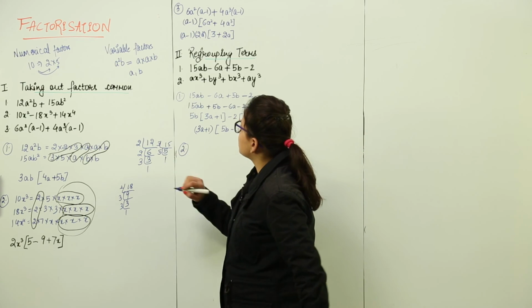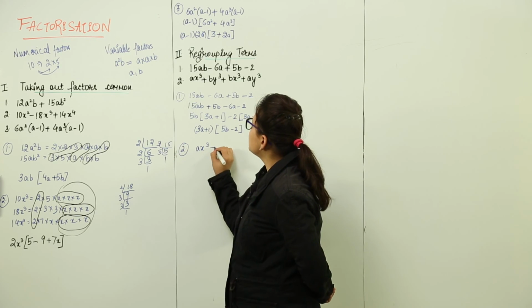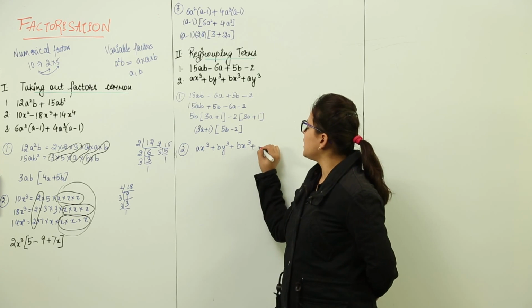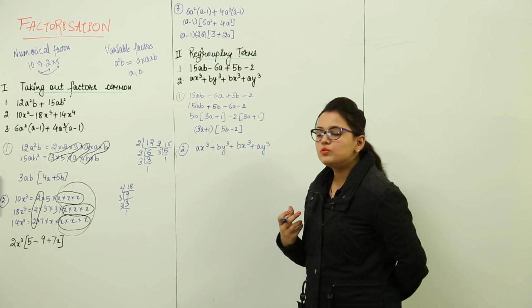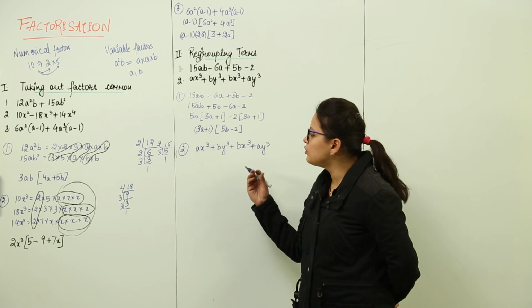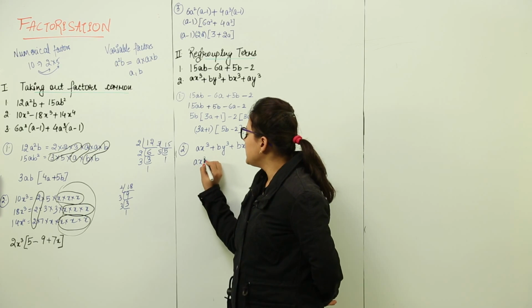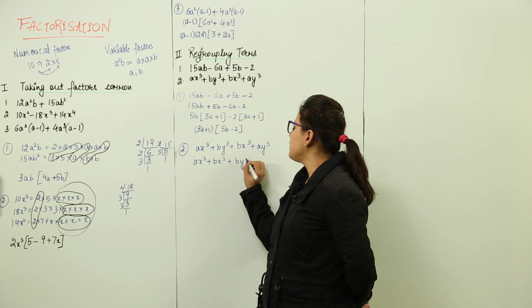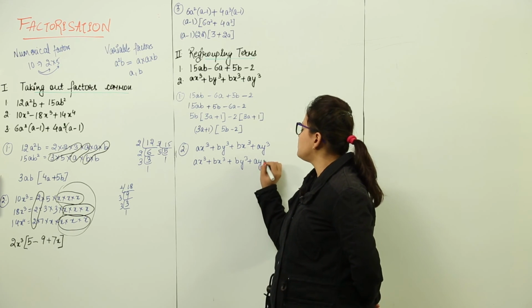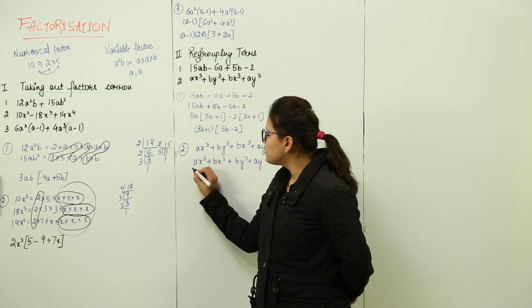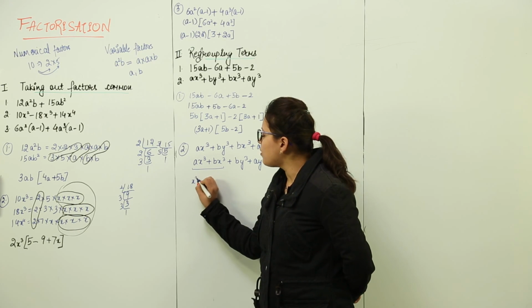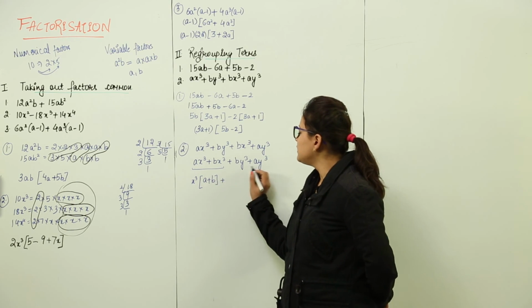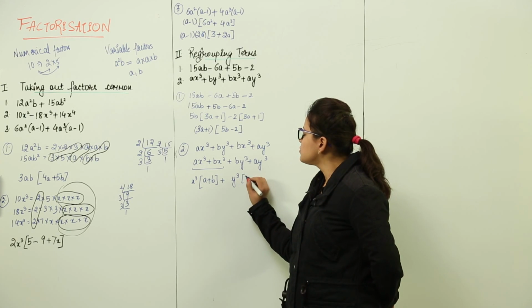Let us do the next question also. It's the same way. ax cube plus by cube plus bx cube plus ay cube. Now here also you have to identify which two terms are to be grouped together. I am taking ax cube and bx cube together, and I am taking by cube plus ay cube together. Why have I done that? Because both these terms have x cube common in them. What are we left with? a plus b on this side, and in these terms we have y cube common, so we are left with